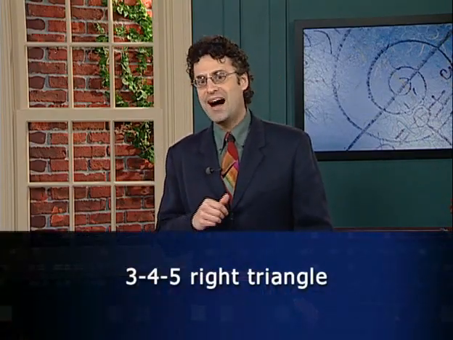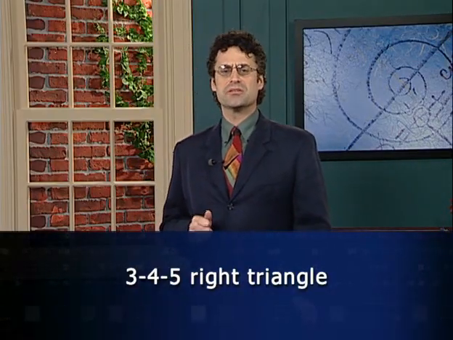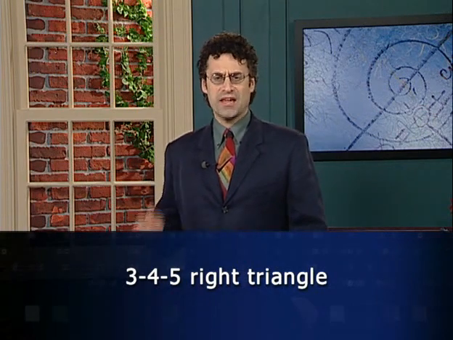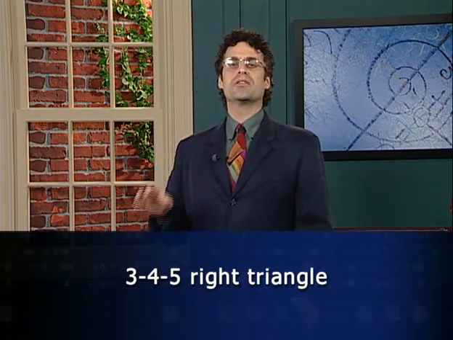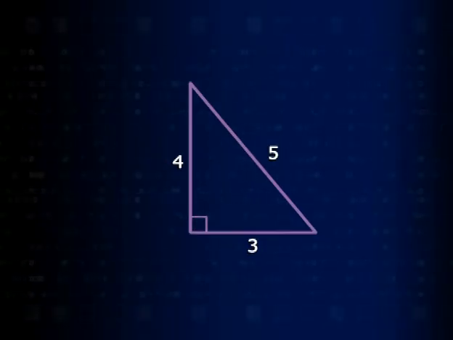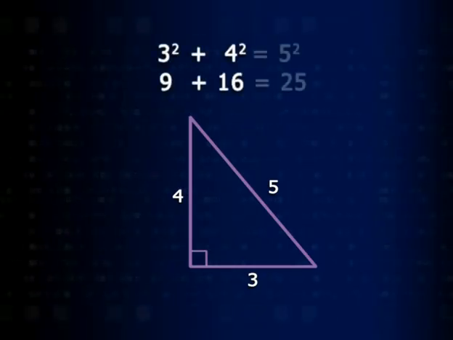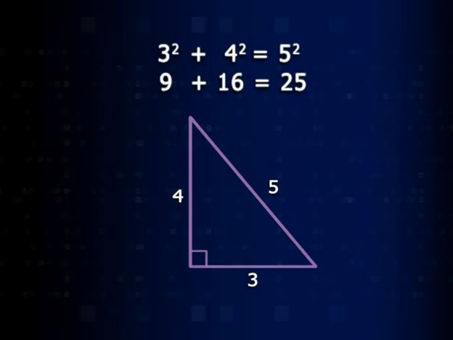One of the most famous right triangles is the so-called 3-4-5 right triangle, and we can actually use it to illustrate a special case of the Pythagorean theorem. So that means that one leg length is 3, the other leg length is 4, and the hypotenuse should be 5. And we can check that 3 squared is 9, 4 squared is 16. When we add those two, we get 25, which happily is 5 squared. Of course,